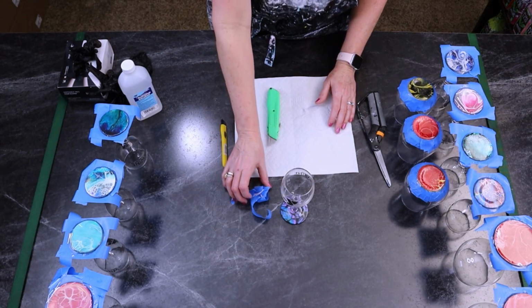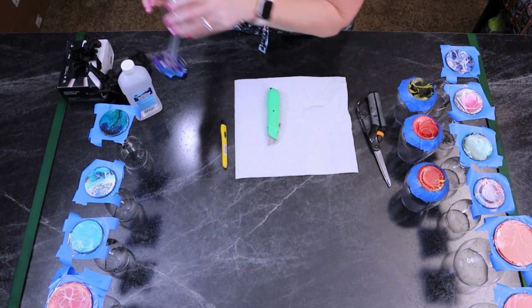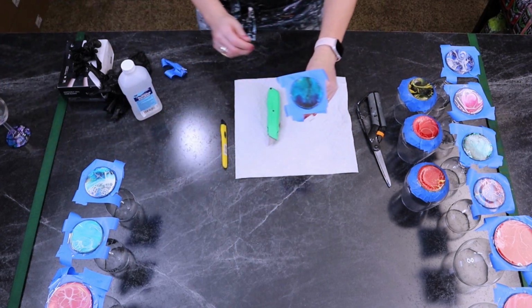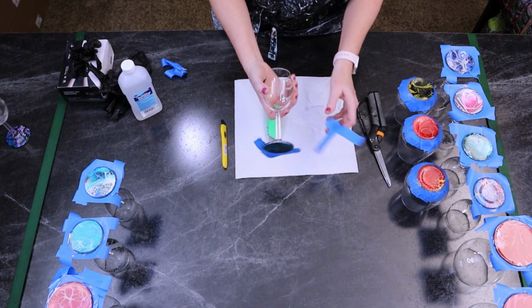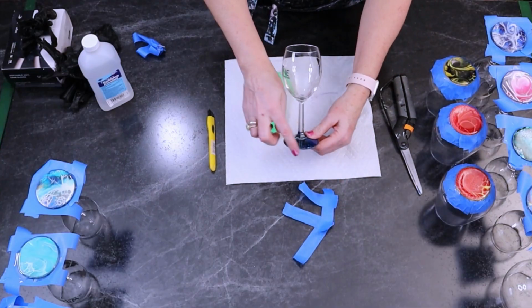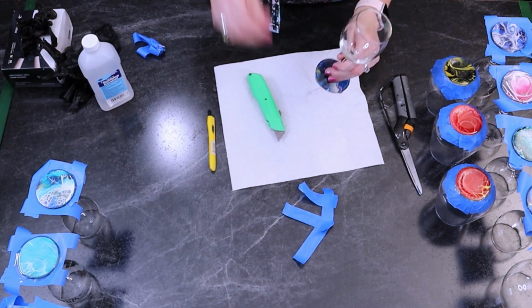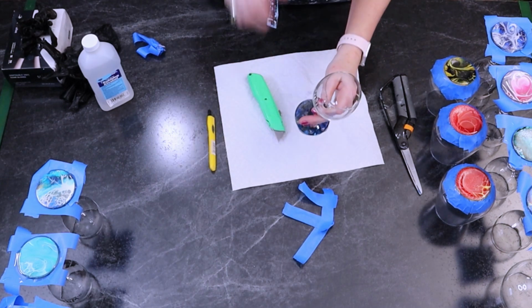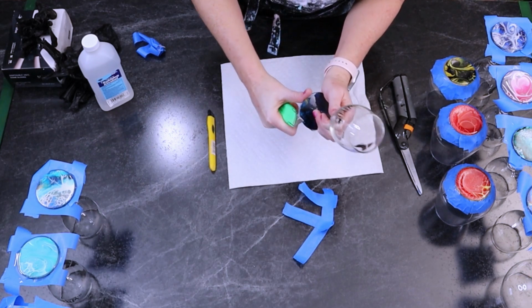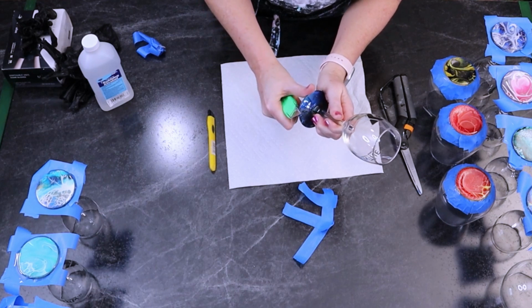Okay, so we're going to try this again. So I've got my tape here, get that out of the way. That one is done, put it off to the side. So let's do this one. Let's go ahead and take off the tape. This one doesn't have as much on the edges as the other one did, but again, from the top, get my glasses on, I take the resin off,